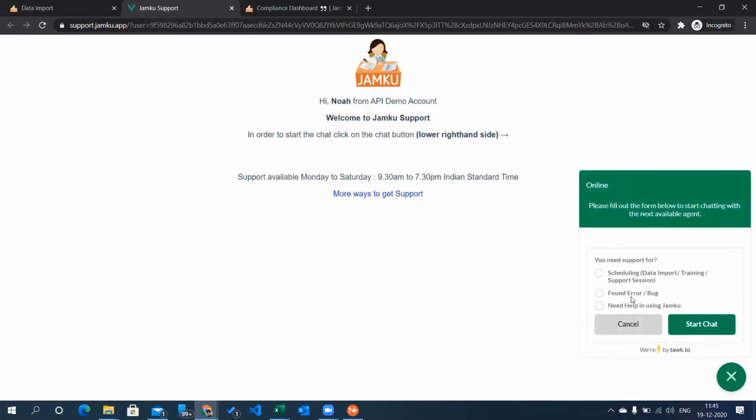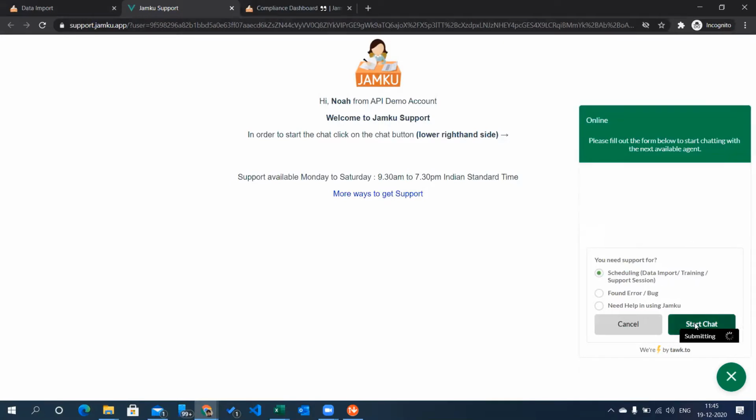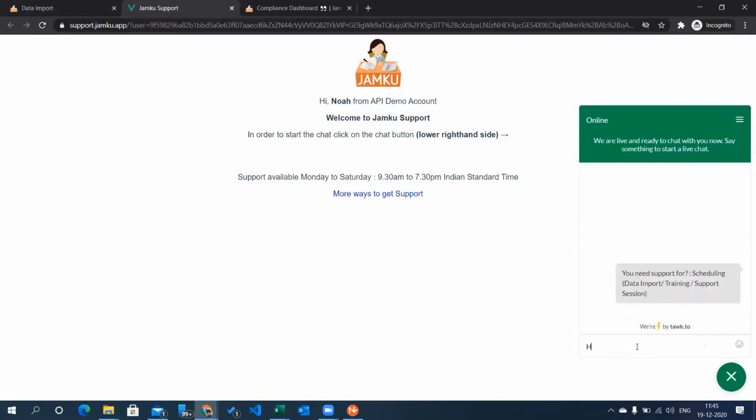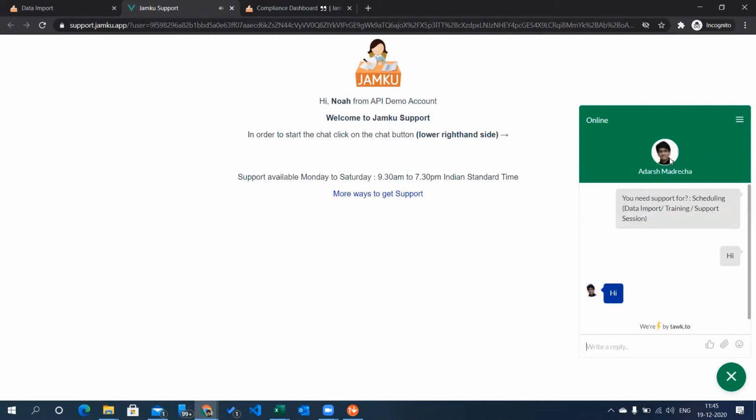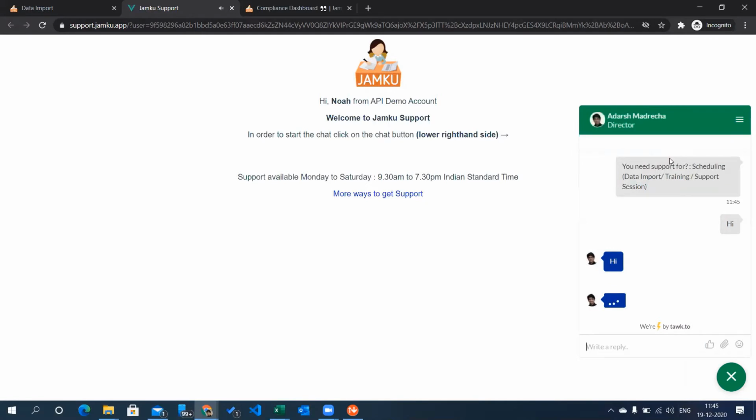So just start chatting and click that you need support for a training or data import session. Click start chat and start chatting with us, and you would receive a reply on the chat itself. So here I have joined the chat, and if I say hi, now you are chatting with our support.